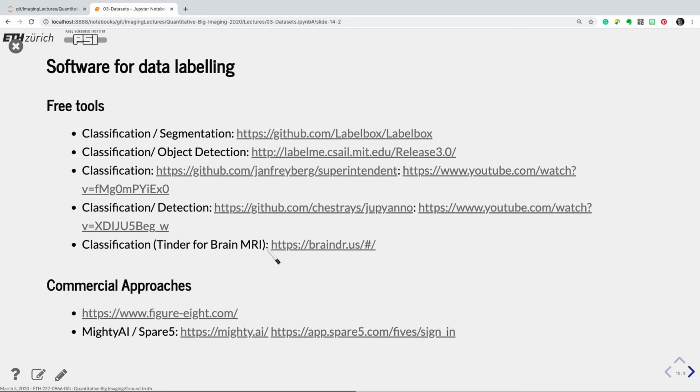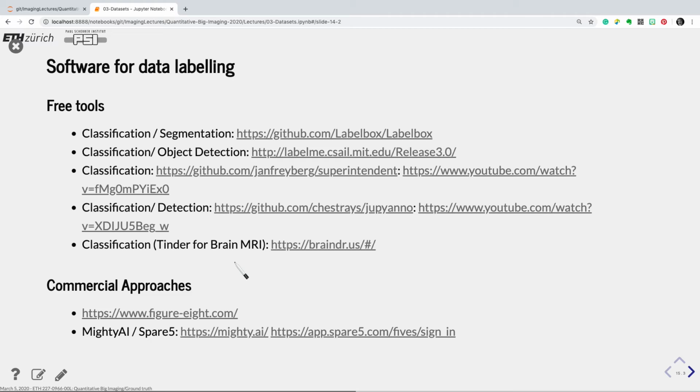Then there is here a list of tools. Some, to be honest, I didn't try all of them, but some are a bit tricky. Some are even semi-free. So, for example, the label box, you can do it by compiling and using the code that is on GitHub, but you can also do it as a service that you pay for, and then you have probably some extra features within that service.